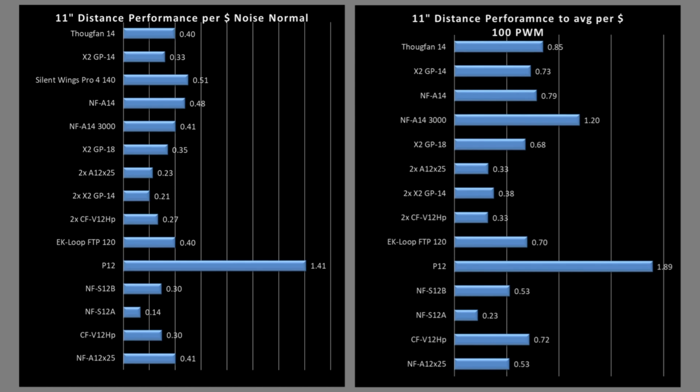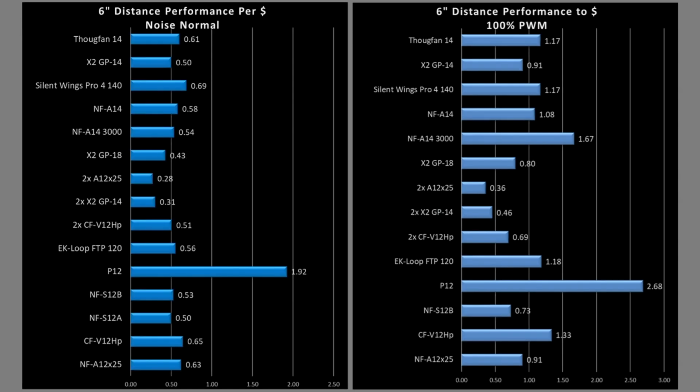So now value. The value proposition is a very simple calculation. It is performance per dollar. This is based off of standard pricing that I could find off of Amazon for all the products, versus the airspeeds that I measured in my testing. So first we have the 6-inch mark as the standard point. And let's go to one of the key fans in here, the